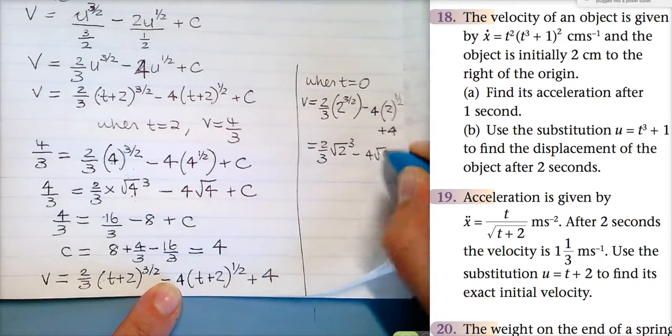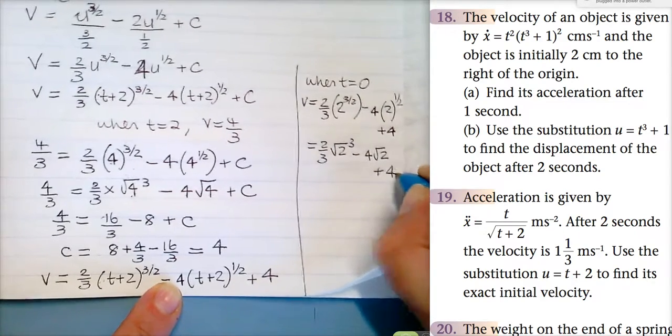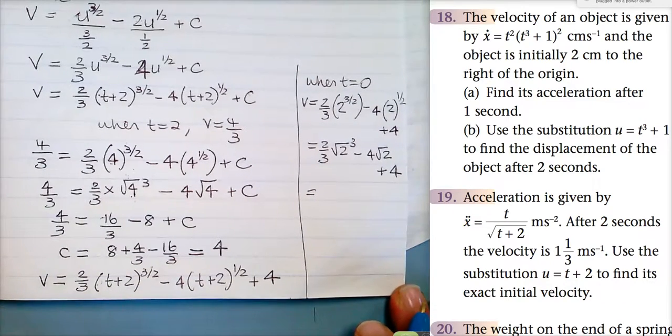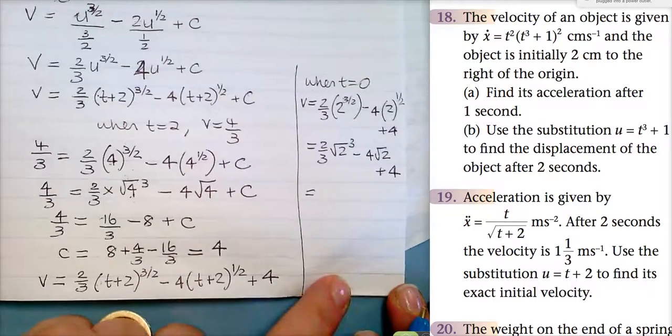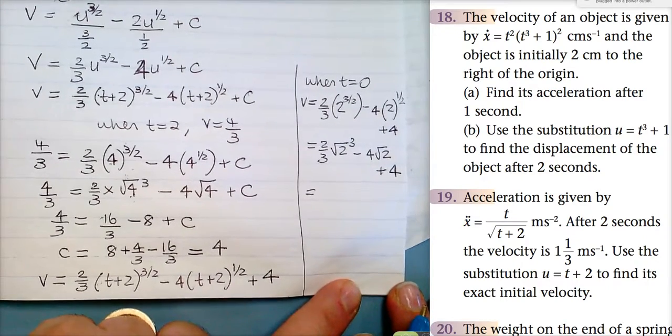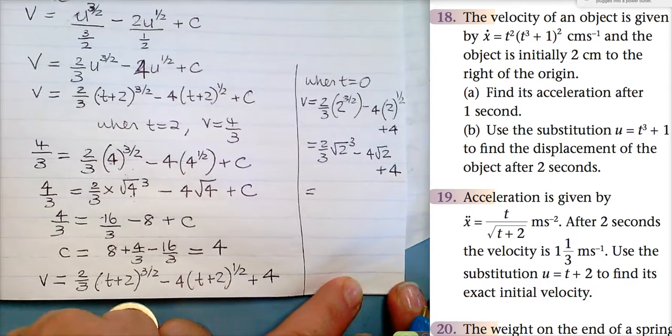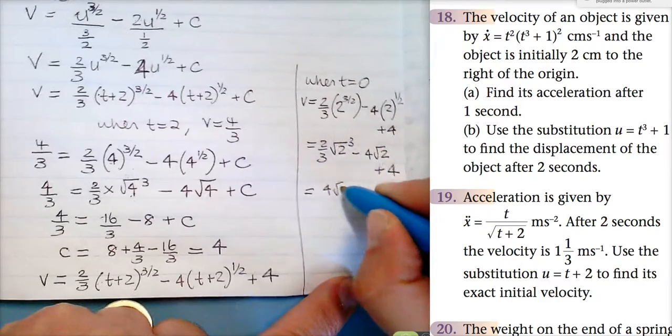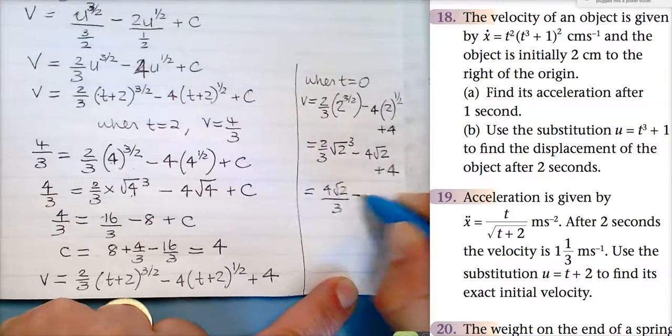Minus 4 root 2 plus 4. What do you get, girls? What's root 2 cubed? Root 2 times root 2 times root 2. It's 2 root 2. So it's 2 times 2 root 2, which is 4 root 2 on 3 minus 4